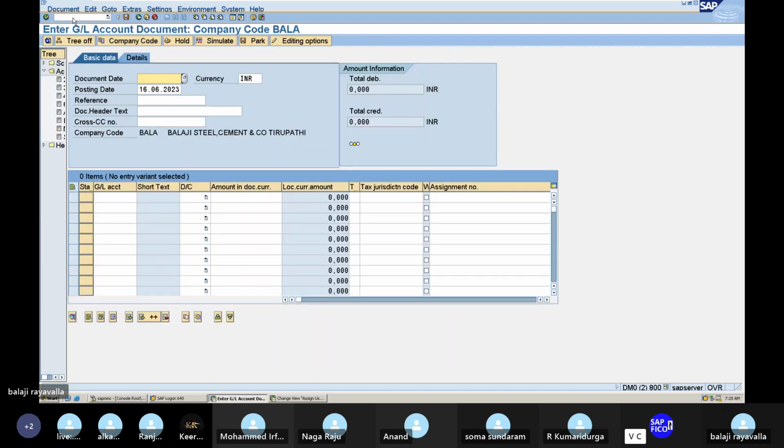We will try to close this session and then move to SAP S4 HANA. It will take hardly 20 minutes. Tomorrow in SAP S4 HANA, you will see the universal general ledger concept and posting. Today we will complete the general ledger settings of SAP S4 HANA. In reference BAA1, the document header text will be rent invoice posting, and the GL account will be